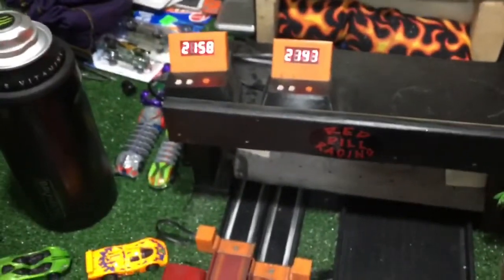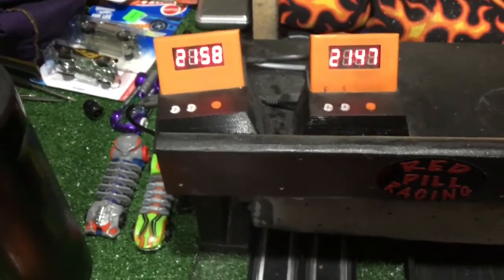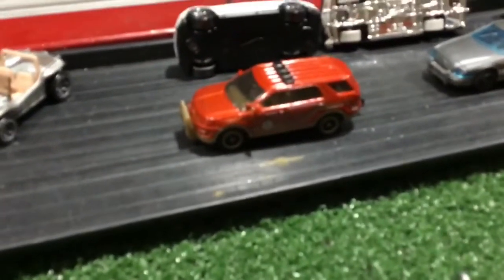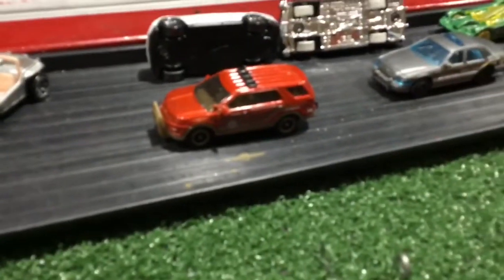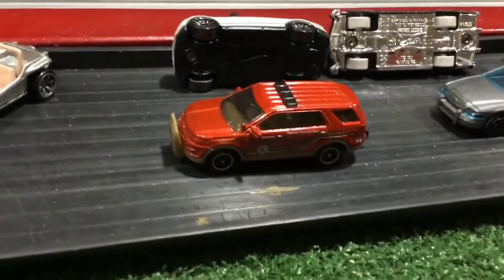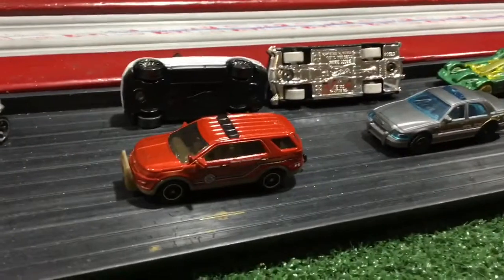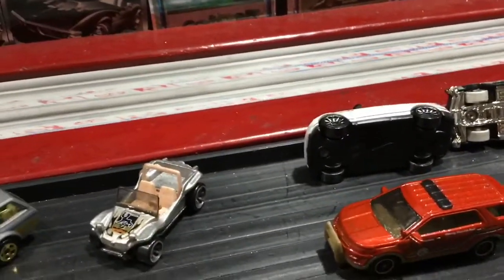Let's go. We got it. We rolled them 21-47 to 58. The Police Interceptor, the lightest car raced in this video, takes it. And I like to keep in mind perspective. Speed is relative. This car might have just taken this tournament, but I just got a few cars in I have not even tested yet. I just graphited